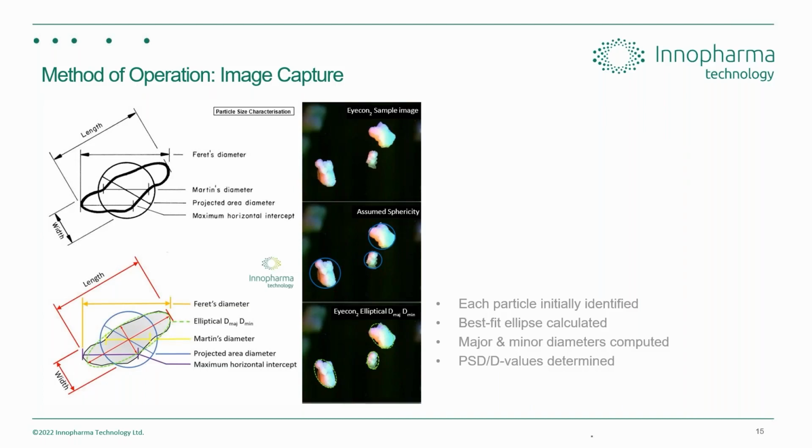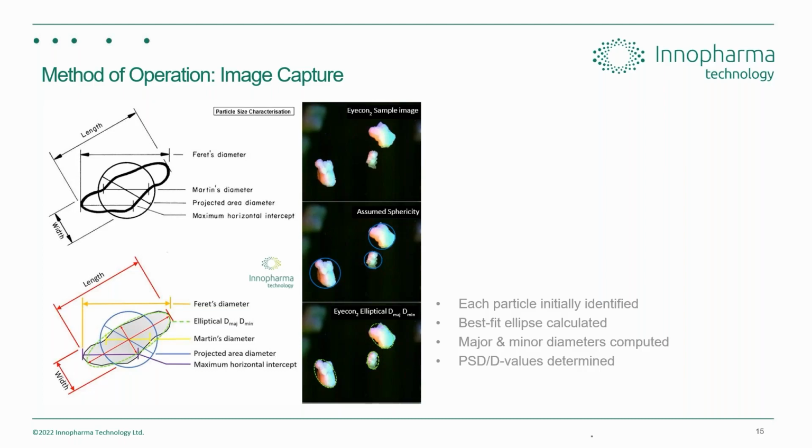The raw image at the top is taken from our Eyecon 2 system with that crossover of light. What's traditionally done in image analysis is that the area of those irregular shapes is worked out via methods of thresholding or binarizing the image, converting it to black and white. That black versus white background is subtracted from each other to work out the area. But then to process that into a volumetric measurement, you project an equivalent spherical diameter of that area, and that